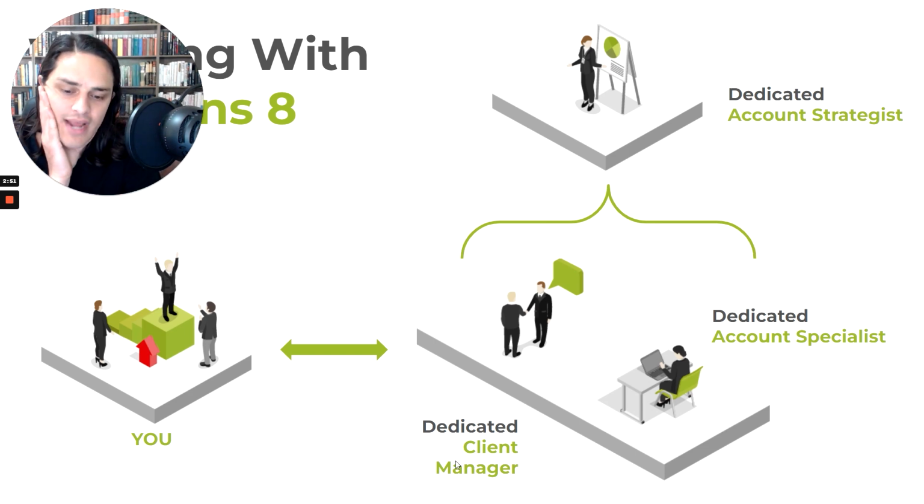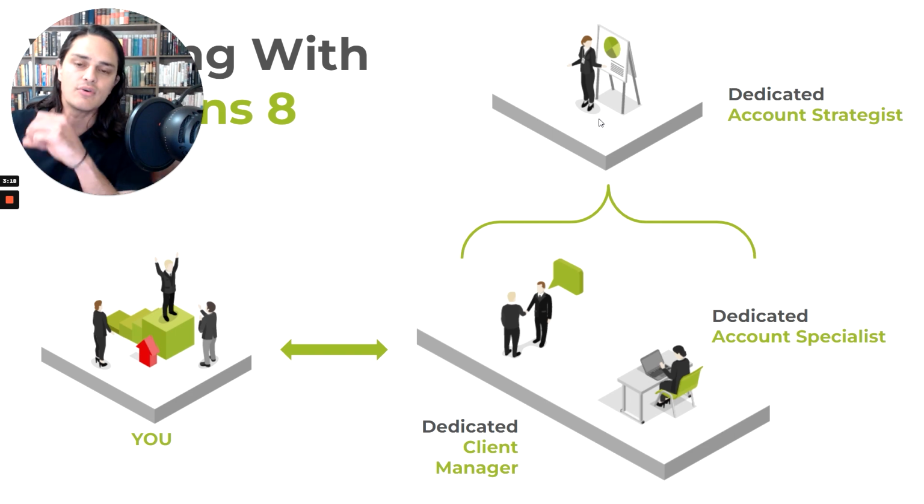So if you don't have the resources to build a team of 3, you can build a team of 2. You're going to need a strategist and a specialist. And now the specialist will double as the client manager, but remember that it's really difficult to be the person that's executing on the work and then also managing and explaining the work all at the same time. So if you're the client in this situation, you're going to need to have a little grace. If you're the agency and/or the freelancer in the situation, it's really important that you don't skimp on the strategist role. And you don't necessarily have to call it a strategist. It doesn't have to be a hierarchical structure. It can be peer based, but you can't be the smartest and the dumbest person in the room.